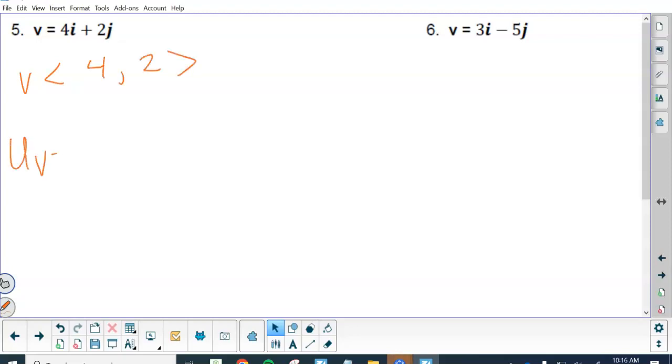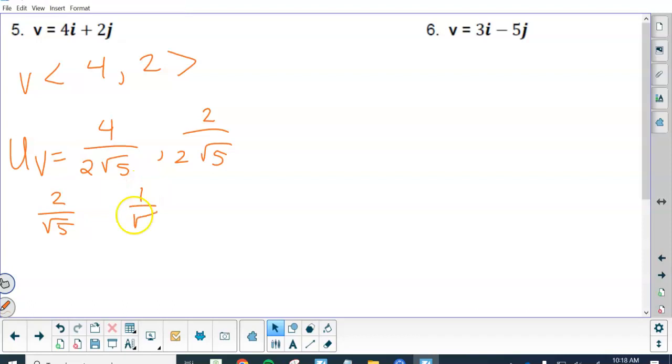You guys need to find the unit vector form. So go ahead and find the unit vector form now. You find that. 2 over 2 is going to be 1 over root 5. And then we're going to rationalize. So when we rationalize, it's going to be 2 root 5 over 5